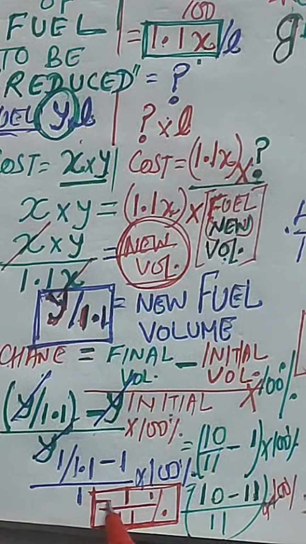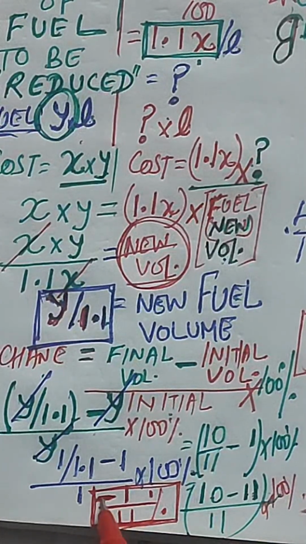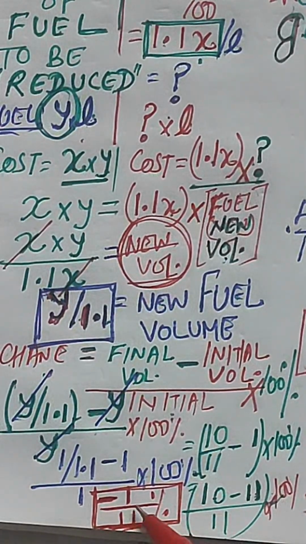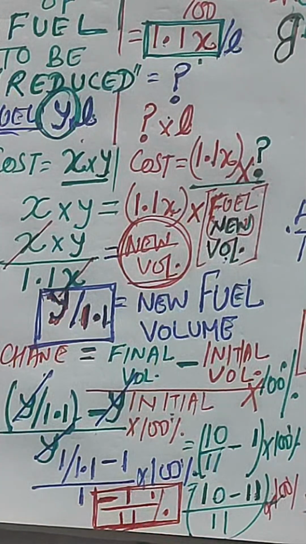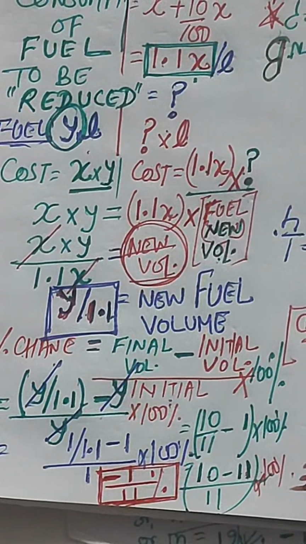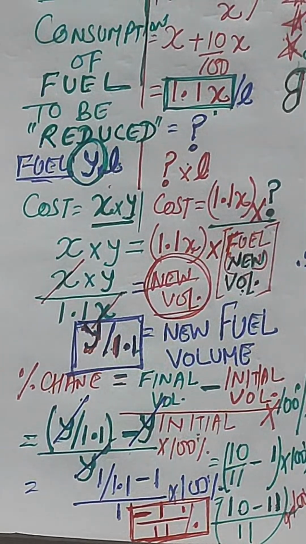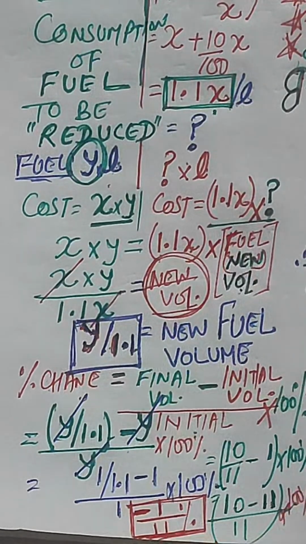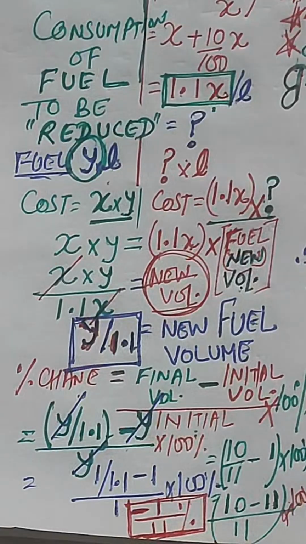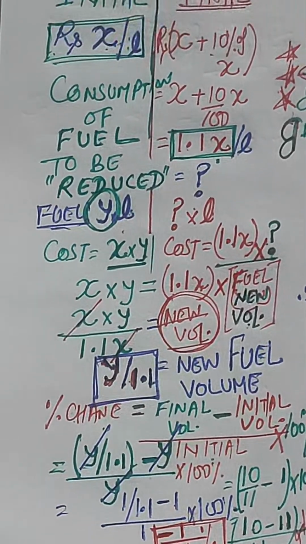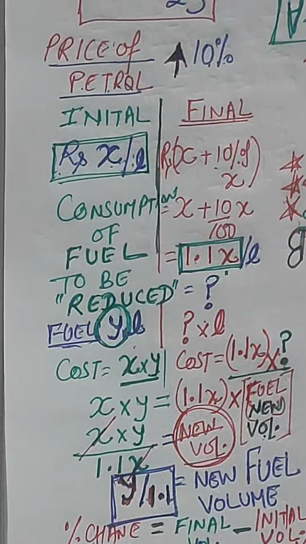You need to reduce, because you can see the sign of minus over here. Unless and until you reduce the fuel consumption by 1 by 11%, you are not able to meet your expenses. So students, after the increase in fuel price by 10%, as we have shown you,